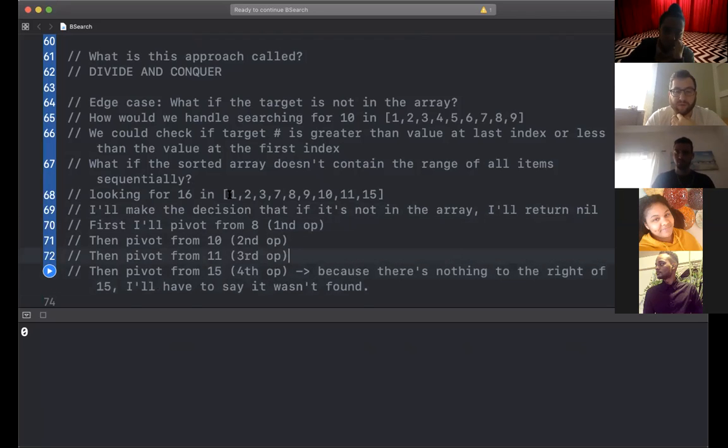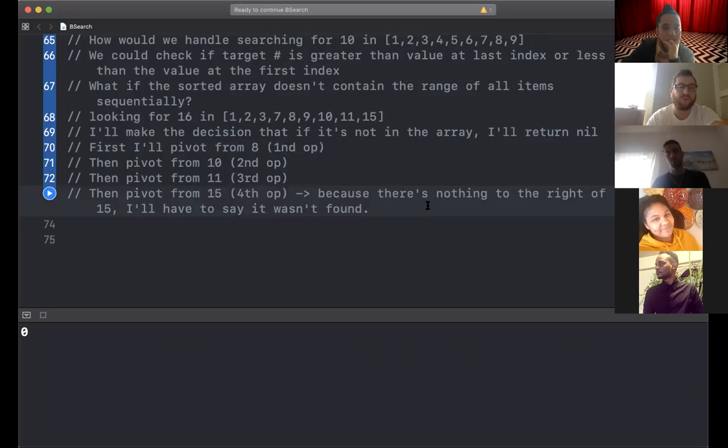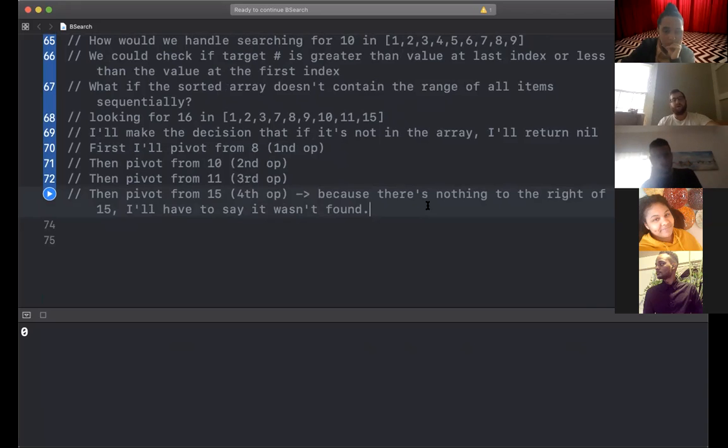And if you notice, our input was 9 things. We only did 4 operations, and this grows even slower as the size of the input gets larger and larger. So doing a binary search, we rule things out relatively quickly compared to a linear search. How do we feel about this right now? Okay, so